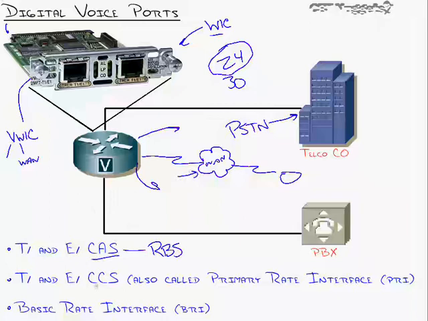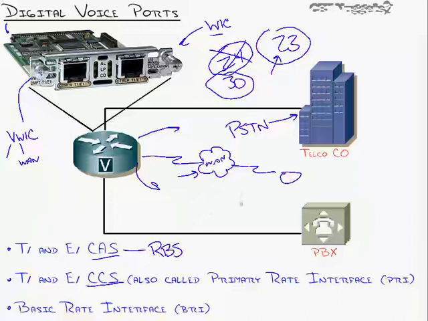But in the voice world, you've got to get used to this because it's a shift if you're a data person. Most people will use CCS. Yes, you sacrifice one of your voice channels. You go down to 23 channels of voice if you're using T1. With E1, you get the same because CAS or CCS, you always have 2 signaling channels, a framing and a signaling channel with E1 connectivity. But in the T1 world, you're down to 23 channels for voice, but you get 1 full channel for dedicated